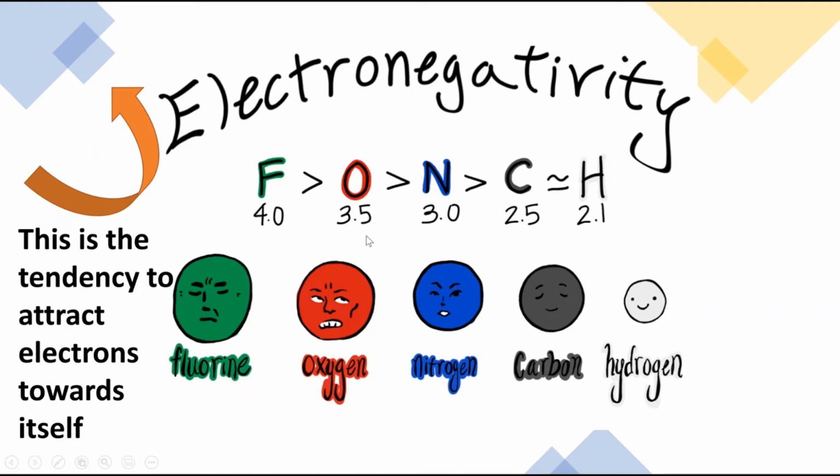Similarly, you can see that oxygen is also electronegative. It can also form a polar molecule if it's combined with hydrogen. Fluorine can also form a polar molecule if it's combined with hydrogen. And hydrogen is least electronegative in this example, and it is ready to give the electron present in its outermost shell. Okay, so these values are very important. If you know these values or these numbers, then you can predict the intramolecular force that will be formed.